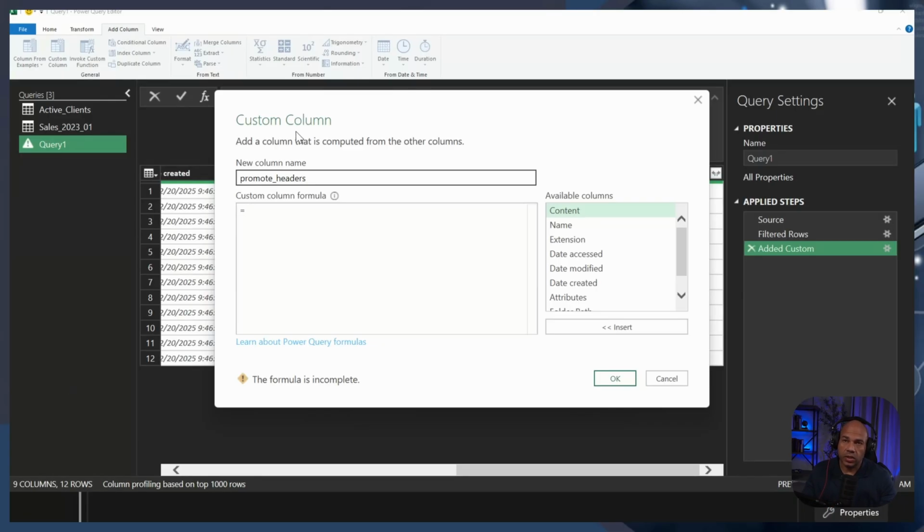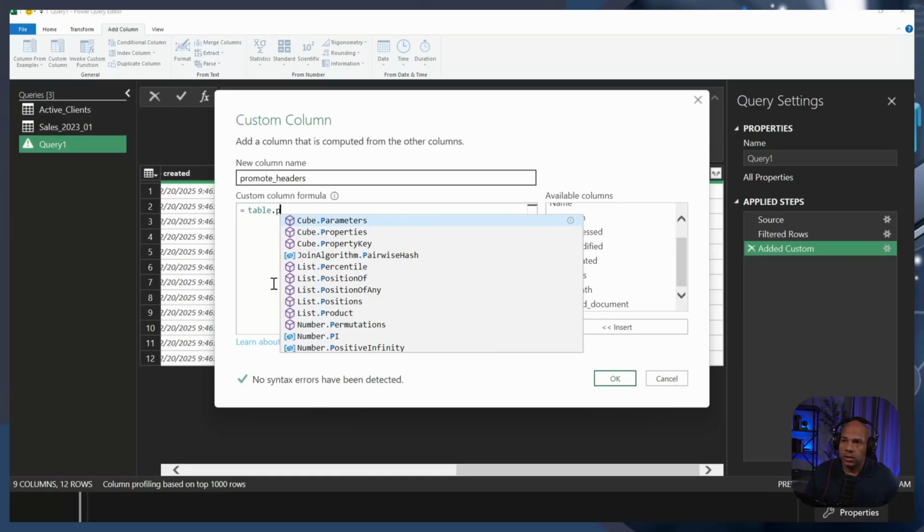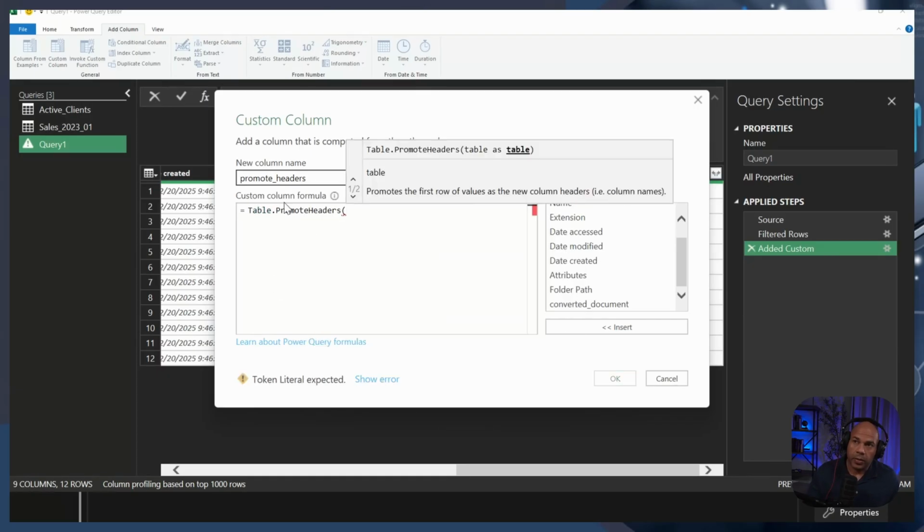So when we are doing this custom column, it's not just to add a column to a table. A lot of times, the table that we're working with is a table of tables, and you can make transformations into those tables, which is what we did with the content when we converted the content into actual CSV. But in this step, we're going to take that converted document, do an additional transformation to that, and create another column with that. This is good, especially when you are starting, because then you can see each step, and that becomes part of your documentation. So here we're going to say Table.PromoteHeaders, open parenthesis,